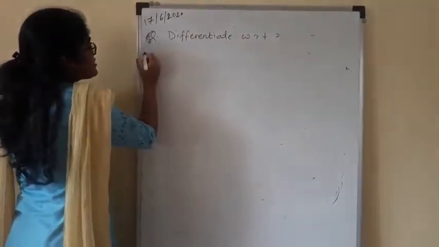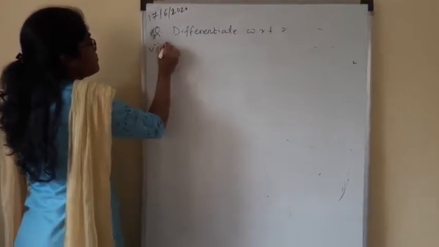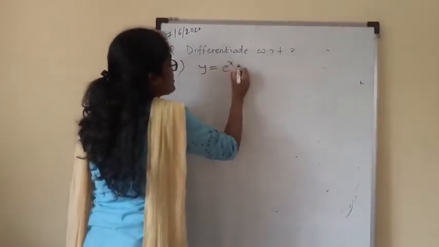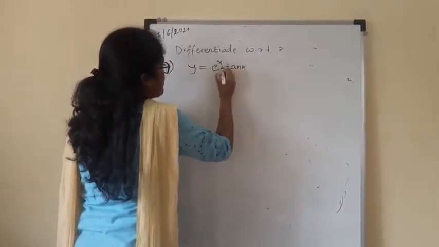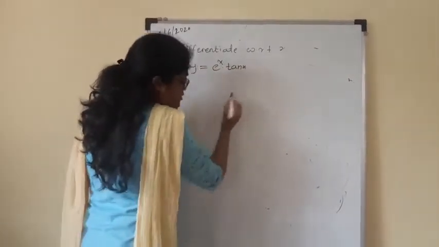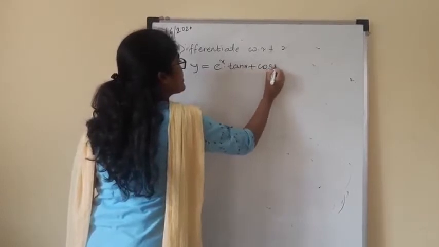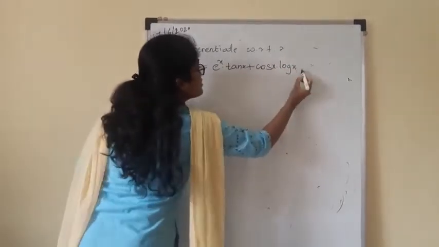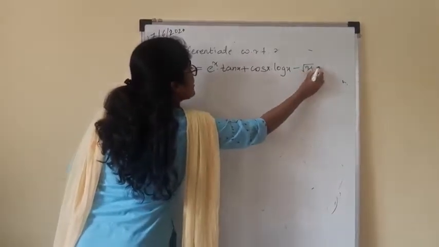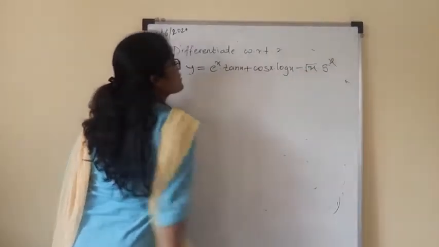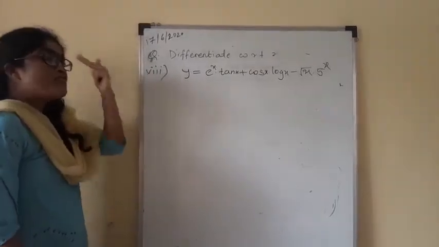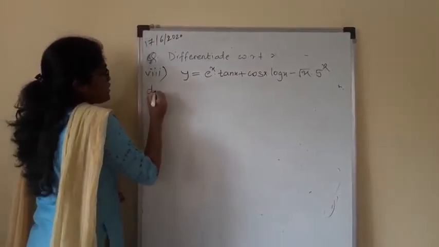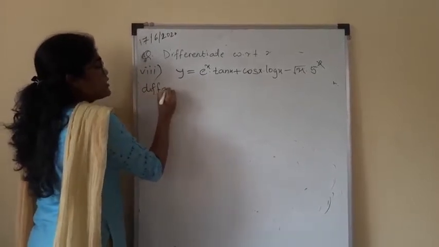So next is 8th problem. y is equal to e raised to x tan x plus cos x into log x minus root x into 5 raised to x. Now solution: differentiate